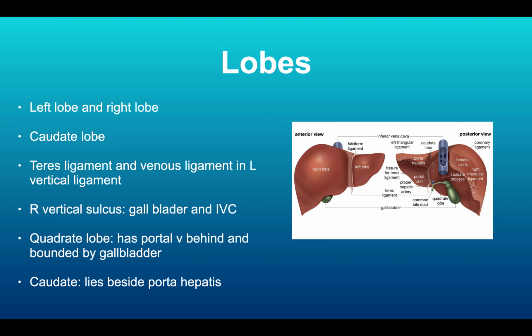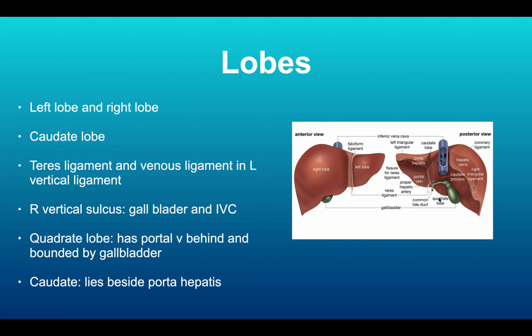Okay, so there's the right lobe and the left lobe. Right is huge, left is small, and in the back is the caudate lobe. The teres ligament and the venous ligament lie on the left vertical fissure. And the right vertical sulcus is where the gallbladder and the inferior vena cava are snug in